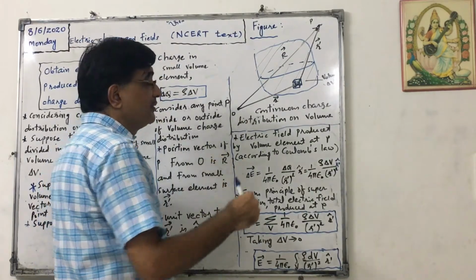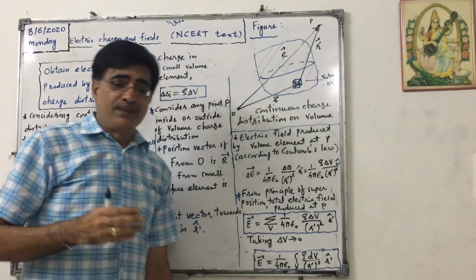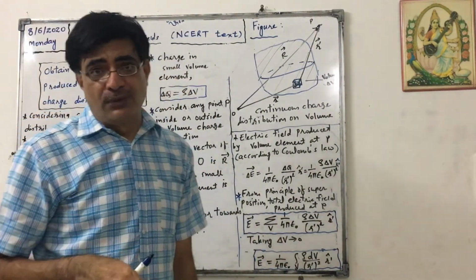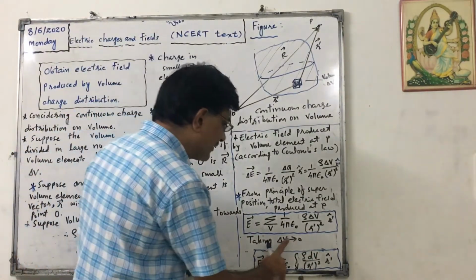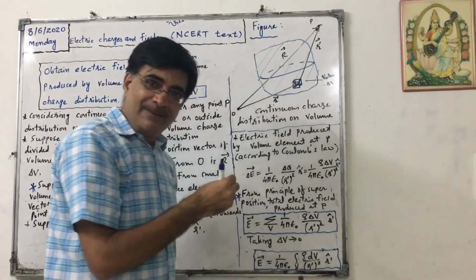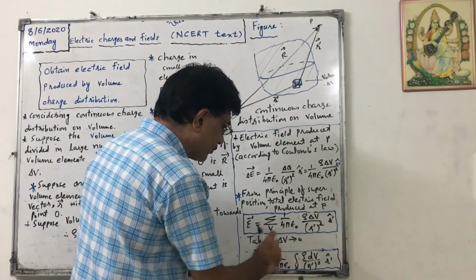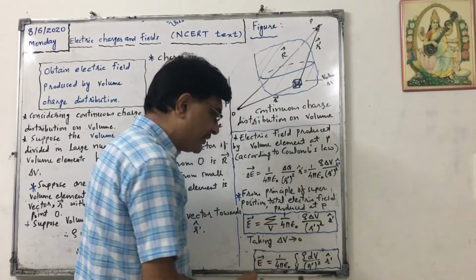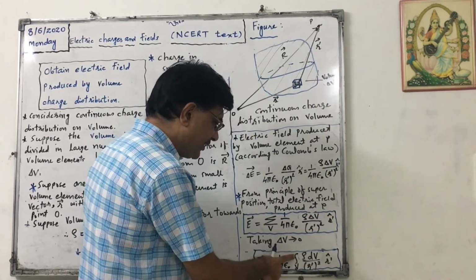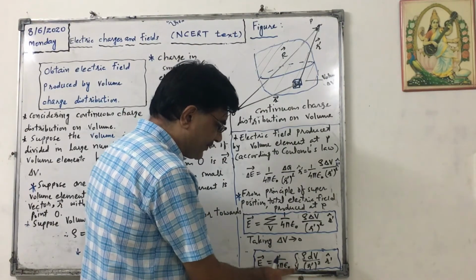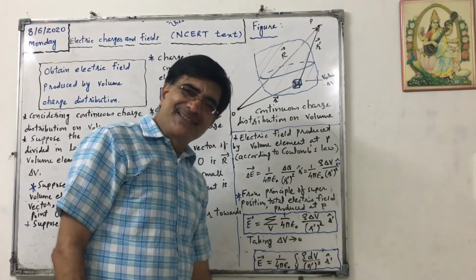But I just told you that it may be possible that inside this small volume element also the charge distribution may be non-uniform. So in order to have a more precise value, we should consider delta V tends to 0, means as small as possible. In that case, this sigma will be converted into integration. So vector E will be equal to 1 upon 4 pi epsilon naught, taken out because it is constant, times the integral. This is called volume integration. Rho delta V is converted into rho dV, over r dash square into r dash cap.